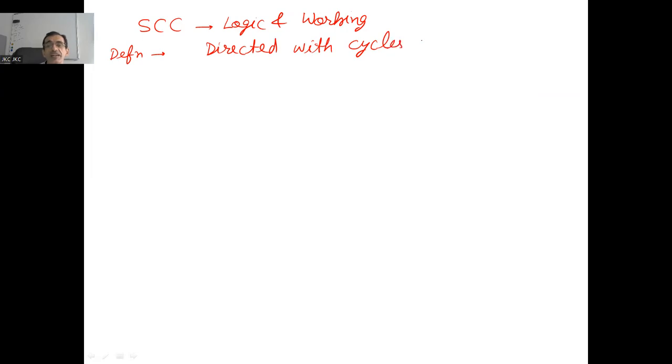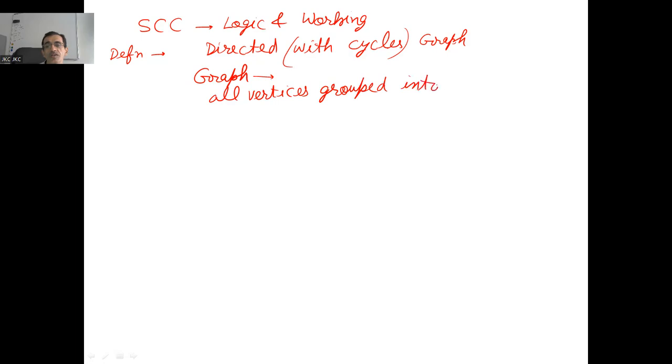So it's a directed graph with cycles. Out of this, I want all vertices to be grouped into various components, let's say C1, C2, C3, and so on, such that